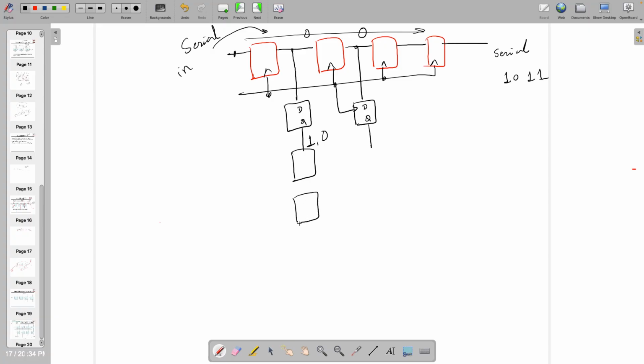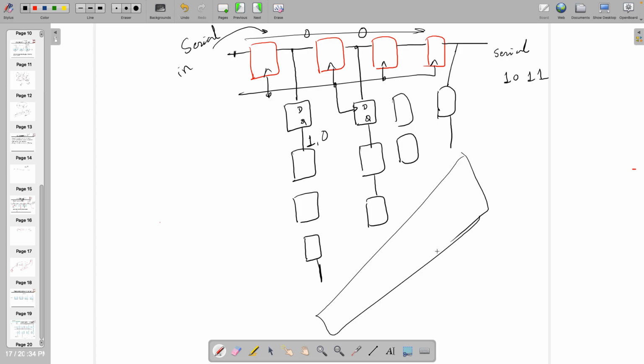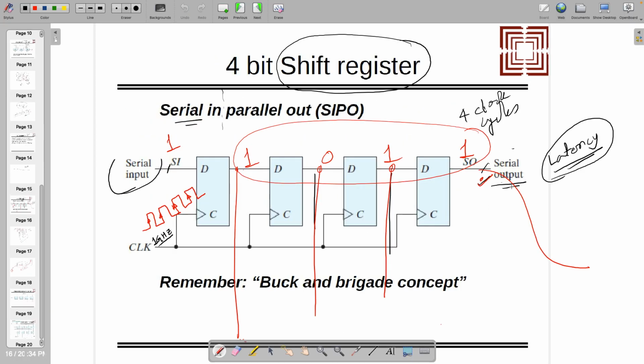So I add 4 flip-flops over here to remember 4 different things. Here I need 3, here I need 2, and here I need 1, right? Because this is coming continuously, so on the next clock cycle when this is going to change, it will not be erased, it will be remembered somewhere, and whatever data is coming here, I am just taking it out. So this is parallel in, serial out, and both serial output as well as parallel output are available simultaneously, and this is a synchronous design.